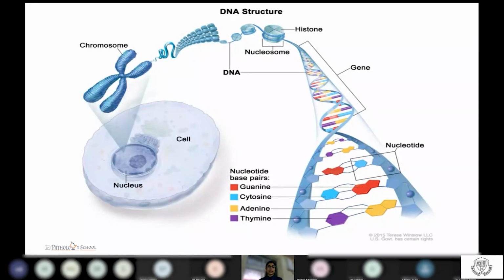Okay, so your cell has a cytoplasm and nucleus. The nucleus contains your DNA, and your chromosome is a highly ordered structure of DNA, and the chromatin contains nucleosomes, which are your DNA, which is negatively charged, bound around your positively charged histone. And lastly, this is your Watson and Crick model of DNA, in which you have the sugar phosphate backbone and your nucleotide base pairing, which provides stability, which is your adenine and thymine bonds and your cytosine and guanine bonds.